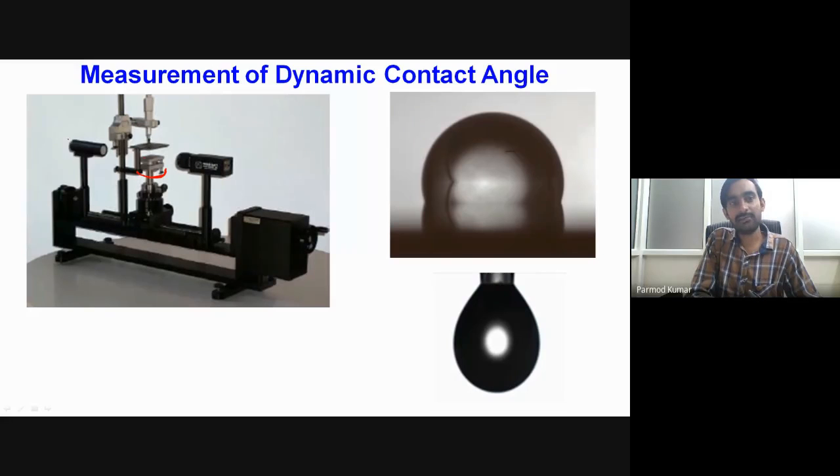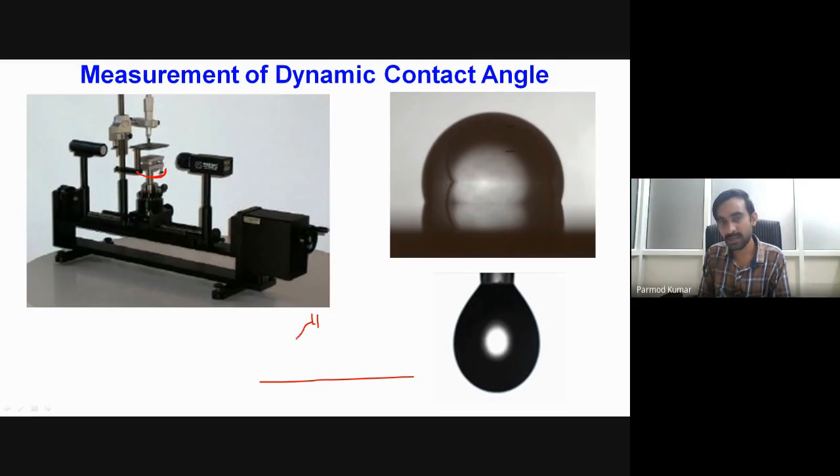And over here, we have a diffused light source which is required for illumination while we are taking the photographs. Okay. While taking the photographs, we may have different situations. If we allow the droplet to rest over a surface, then we have a sessile droplet, and there may be another situation where a droplet is hanging from the capillary. That type of situation refers to a pendant droplet, and we may have a third situation where we have a needle attached to the droplet, and our droplet is also touching the solid surface.